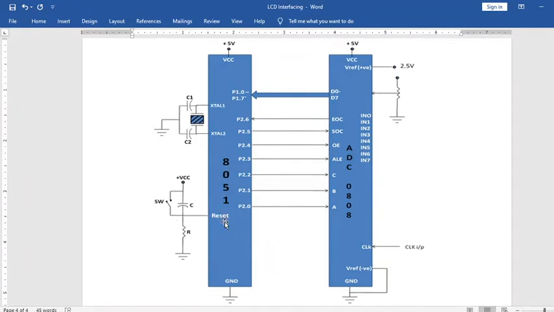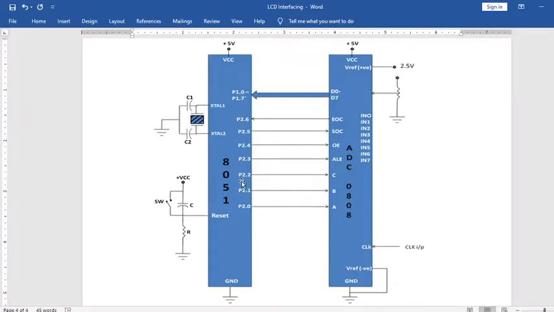Here the reset pin is there, which will reset the microcontroller if we connect it to 0. Then the port pins are there. We know that the 8051 microcontroller has 4 ports: port 0, 1, 2 and 3.